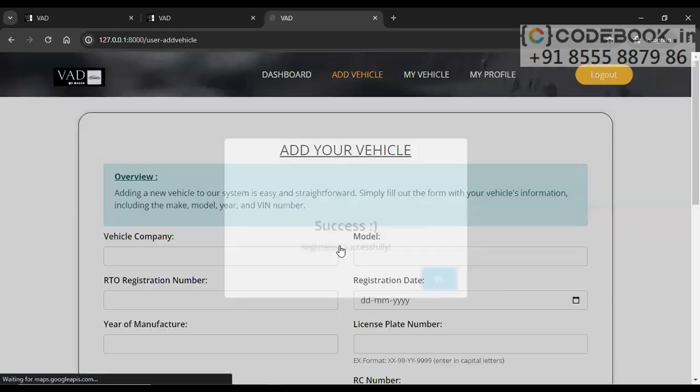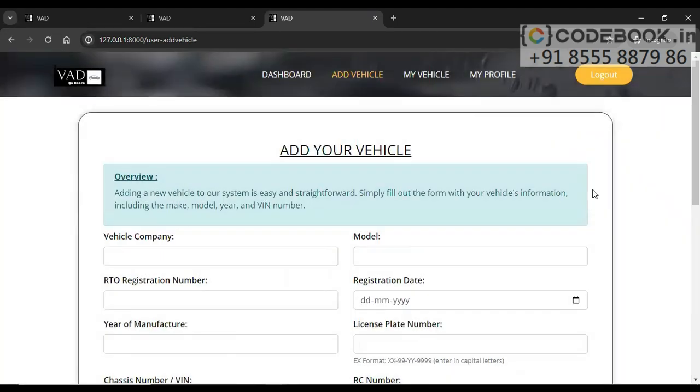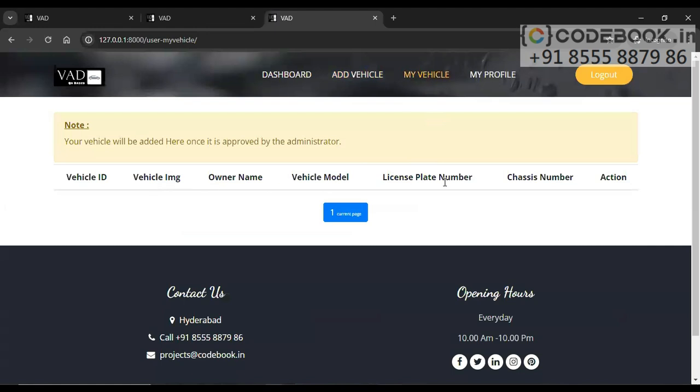Add vehicle. Now the registered vehicle information has been added successfully. But if we go to My Vehicles, you won't find any details here, because the vehicle details have been registered in this application for the main purpose. Suppose this user wants to make use of the features anytime, anywhere, he can block his vehicle and raise some concern about the theft of the vehicle